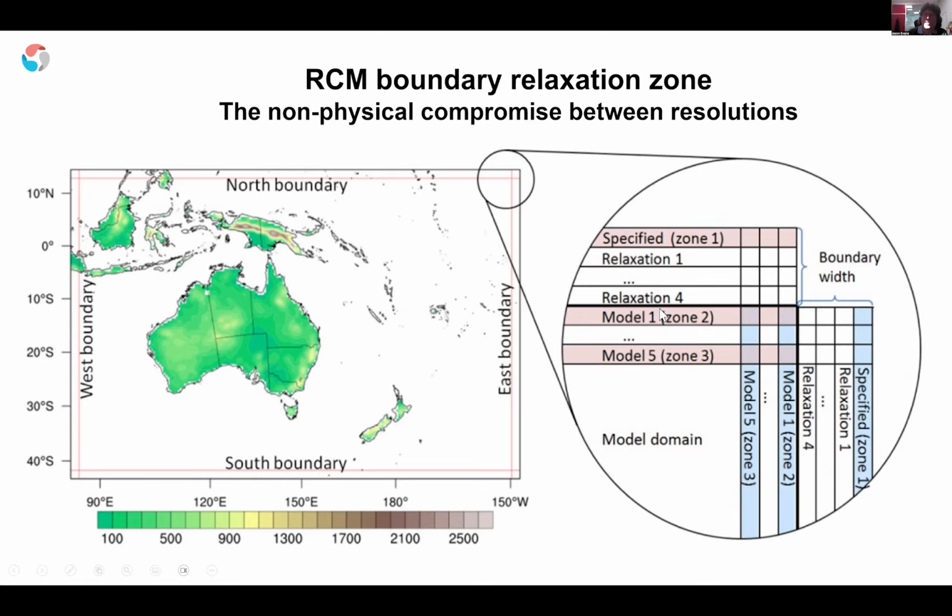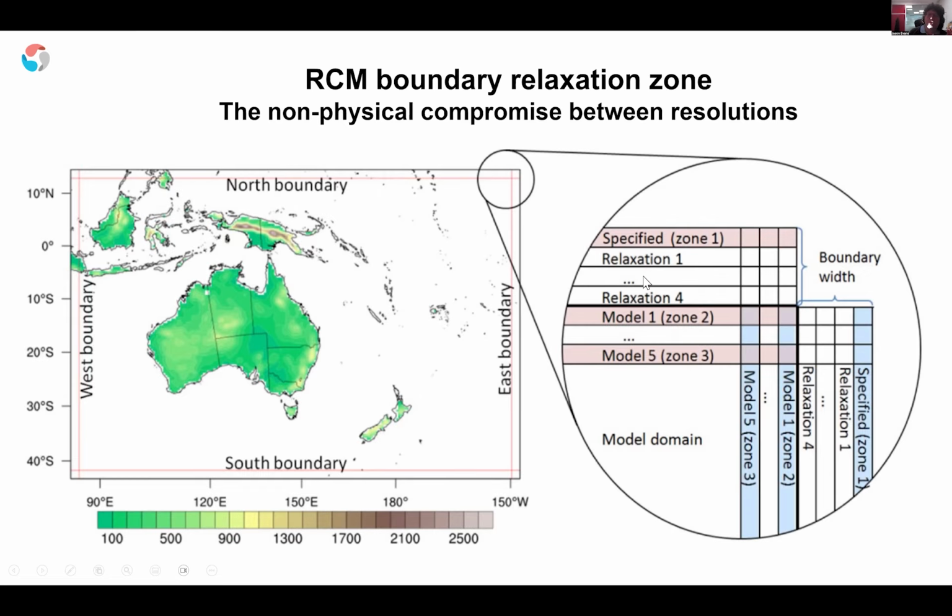And we've got this relaxation zone between these two. In this case, it's 4 rows or columns deep. And in this zone, there's a non-physical compromise between these resolutions. So essentially what happens is that the regional model is solving in all this relaxation zone area at the resolution of the regional model, but we still want the information from the global model to be propagated into the domain of the regional model. And so we have a relaxation zone where